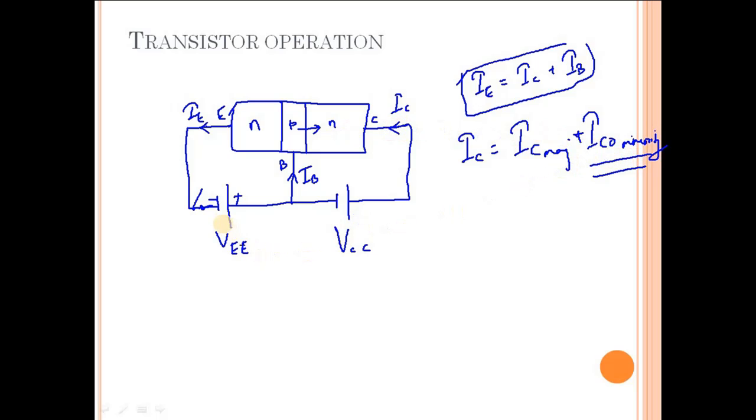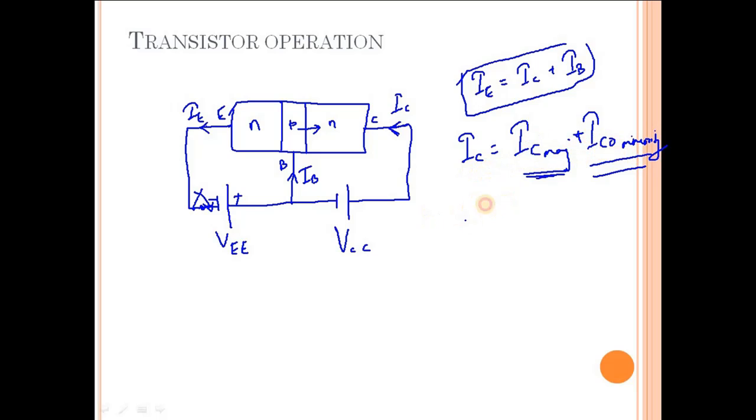And then when we close this switch, there is an extra amount of electrons that move from this N layer, the emitter N layer, to this P layer, and then under the effect of this reverse bias, those electrons also move from P to N. So the additional component which results in IC current comprises the IC majority. So in total, IC is due to two components, that is IC majority plus ICO minority.